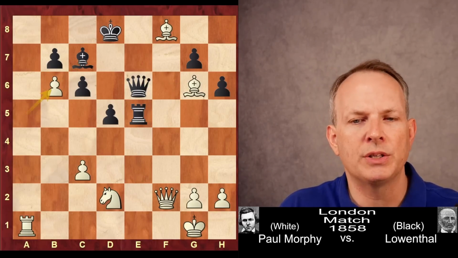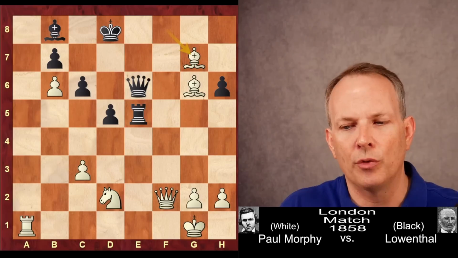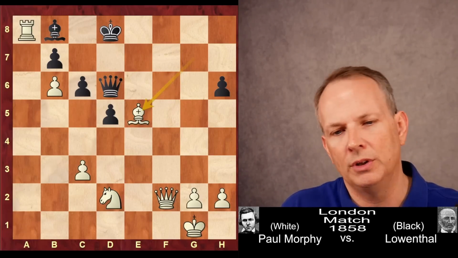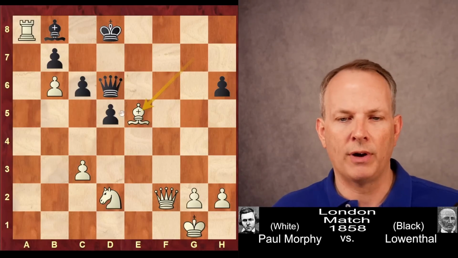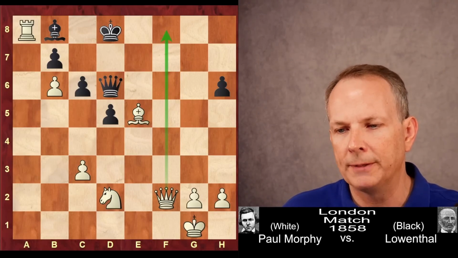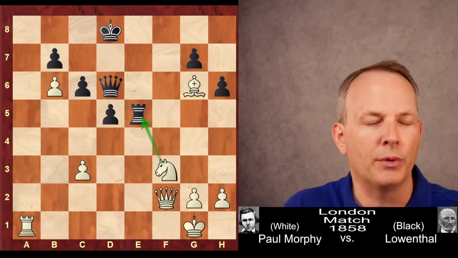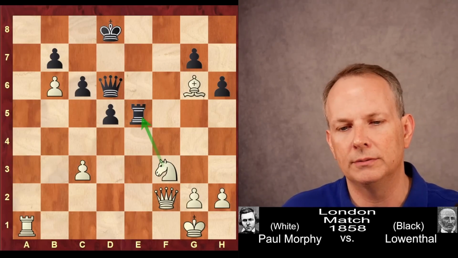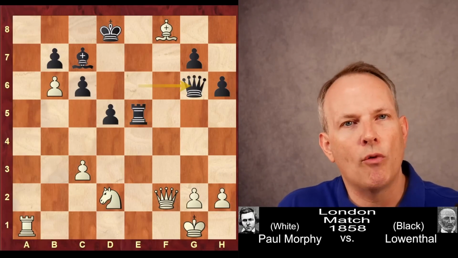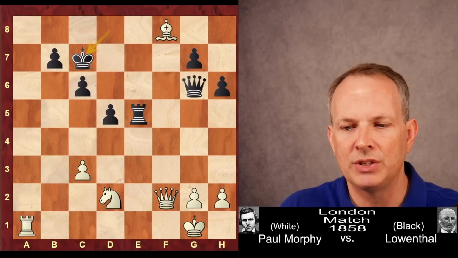Pawn takes, and if the bishop goes back to b8, then just bishop takes g7, hitting the rook after queen takes g6. Rook to a8 pins, and if queen goes, you can just play bishop takes e5. If the queen takes the bishop, then queen to f8 would win everything. If the bishop goes to d6 instead, then you just take, and knight to f3 hits the rook, and Morphy's up two pieces. So instead, Lowenthal takes on g6, but of course, bishop takes c7 check, king takes c7, and